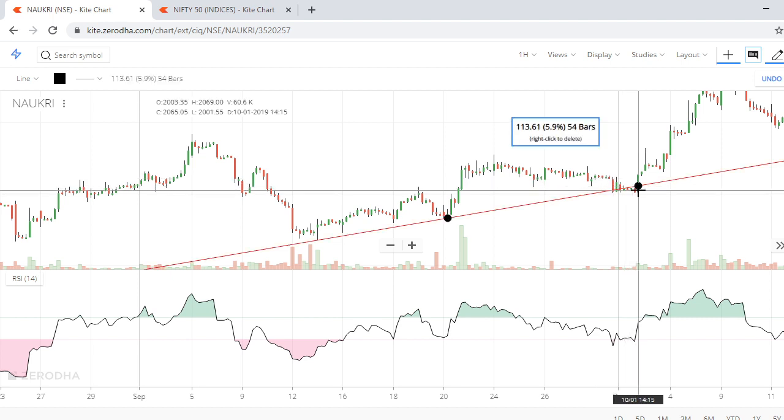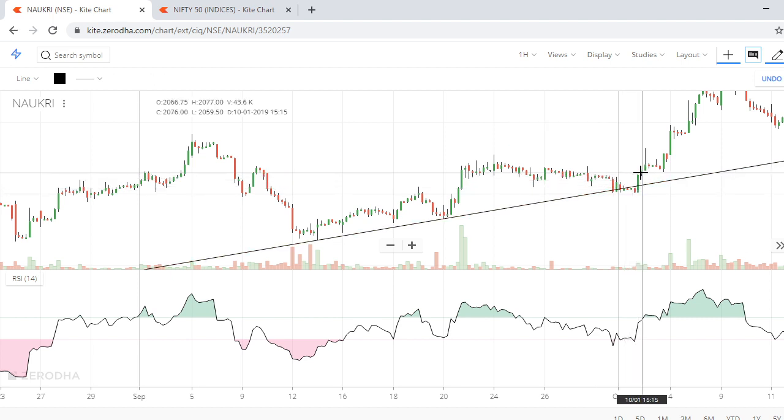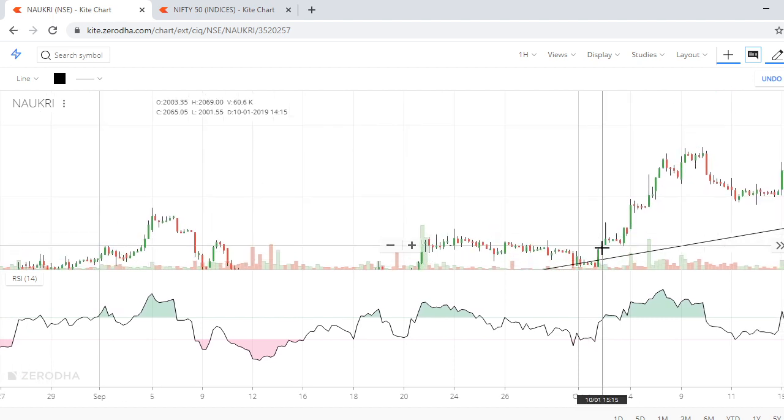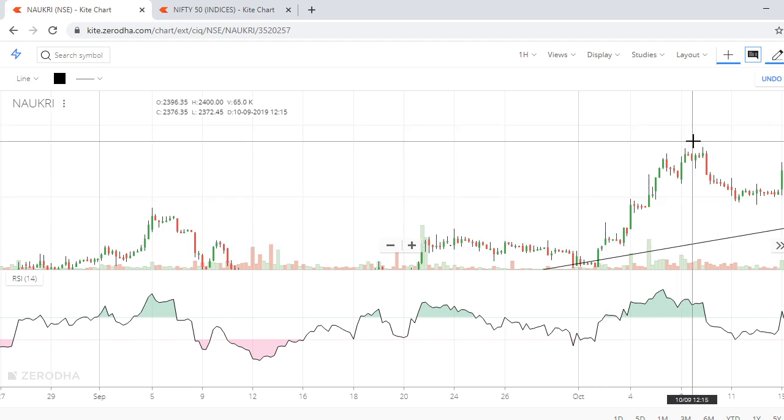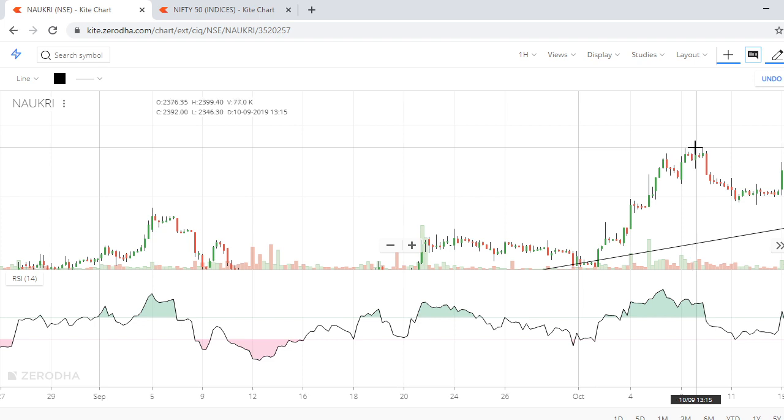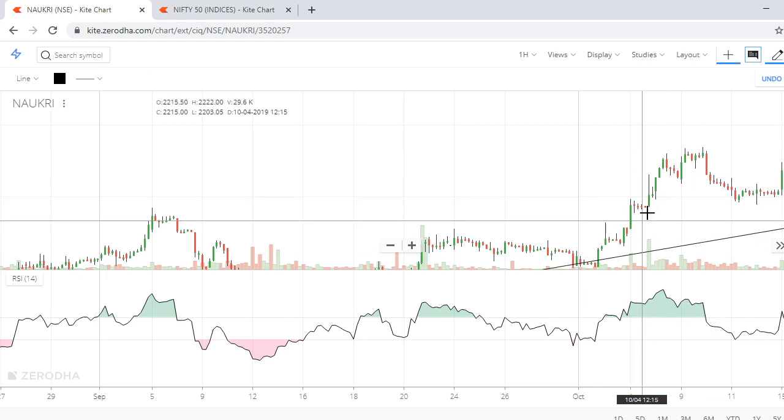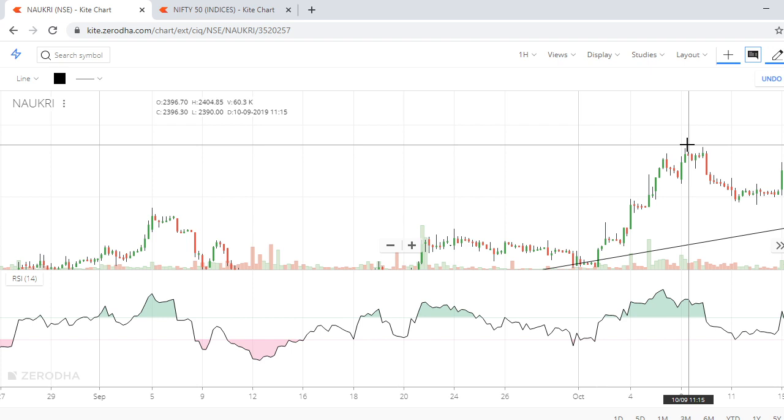Now again here, this particular candle came into 60. See the boost there. If you look here, it came to the 60 level. Here is the entry, and look at the move from 2070 to 2370, almost a 300 points rally. See, that's how you can make it.